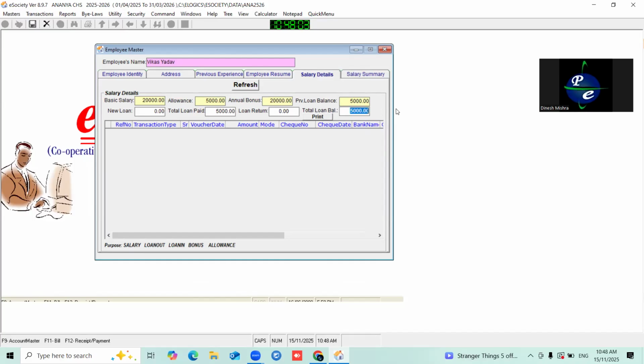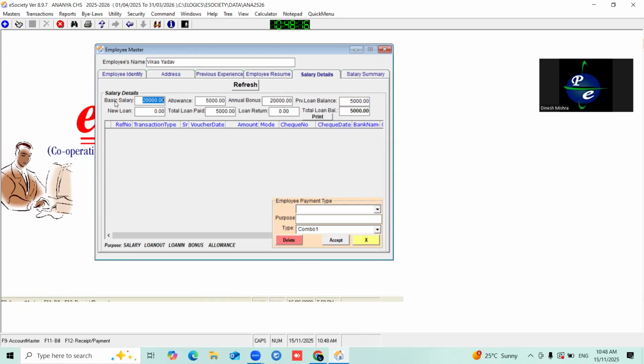5,000 rupees. Now save the form. Now double click on this basic salary option for